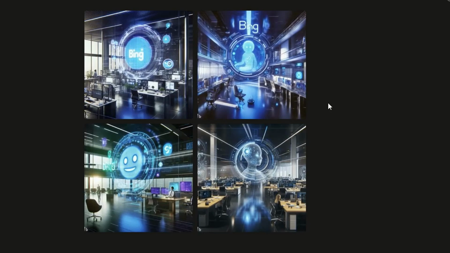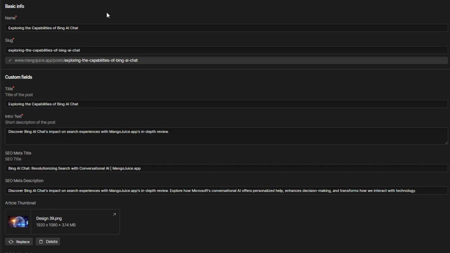These are the images that Bing has come up with. A couple of these are not too bad. I may generate some other ones, but this is good for now. And this is a great tool to use to get that custom art. I'm quickly going to run you through basically my checklist before I publish the content.